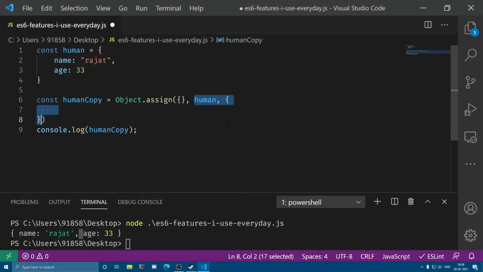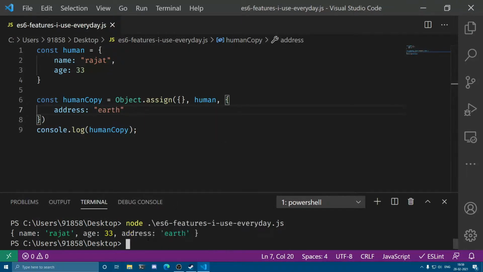So it is going to be the collection of all the properties that are there in any of these objects. I'm going to introduce one more property, address, and it is going to be earth. Now if I print humanCopy, these two properties come from human, and this address property earth comes from this second object. So I have successfully merged two objects into one.